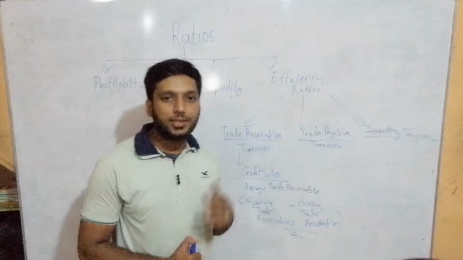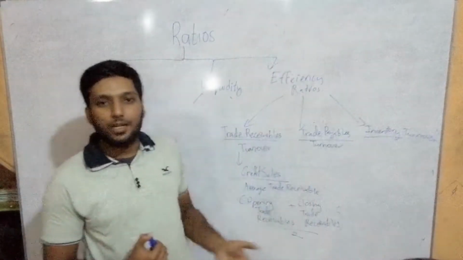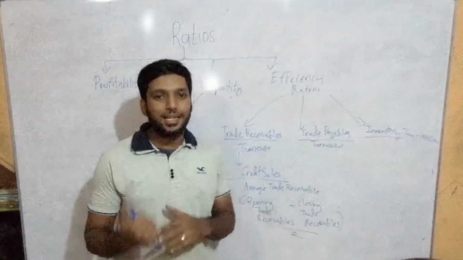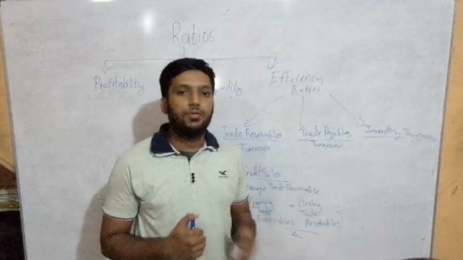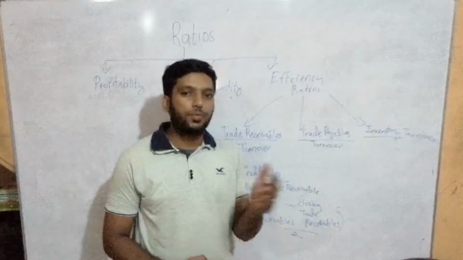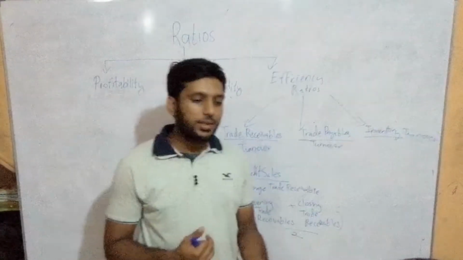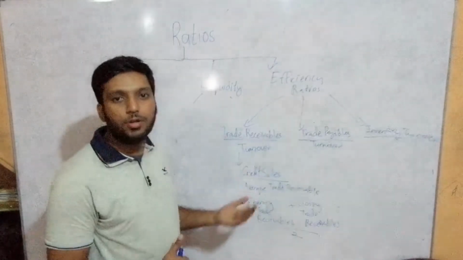Again, they might never say what is credit sales. So you need to find out your credit sales. They might say the revenue of the business is 100,000, and 40% of the business is indicating the credit sales. Or credit customers are indicated by 40% of the revenue. So if 100,000 is the revenue, 40% of 100,000 will give us 40,000. So that's what we say credit sales. You should be able to find it out.